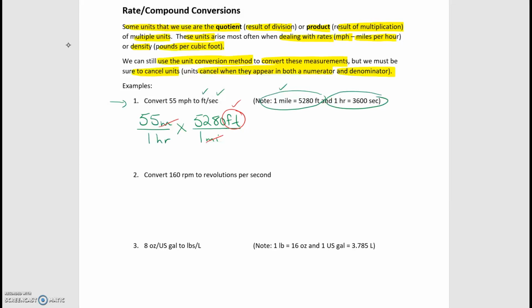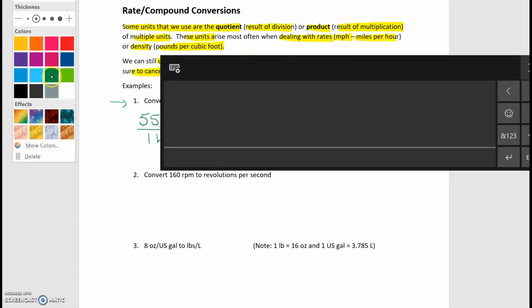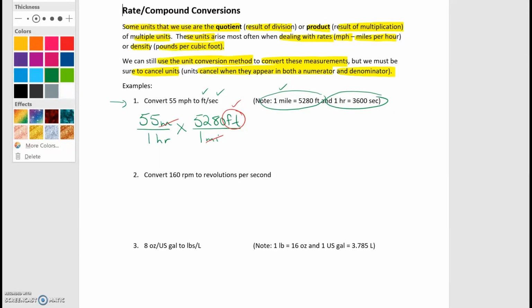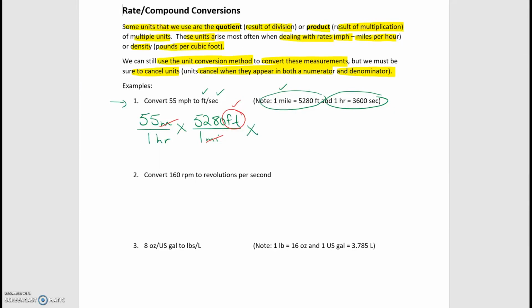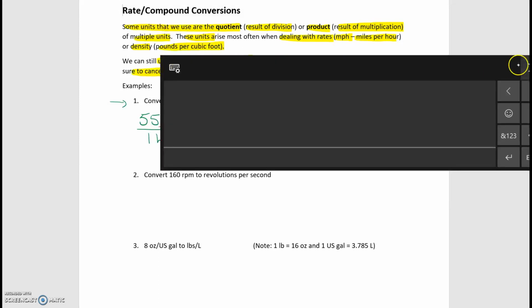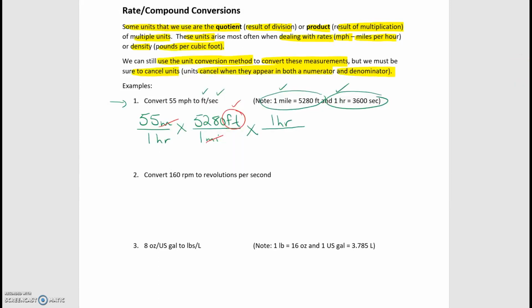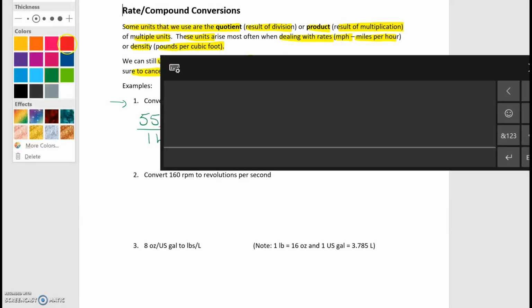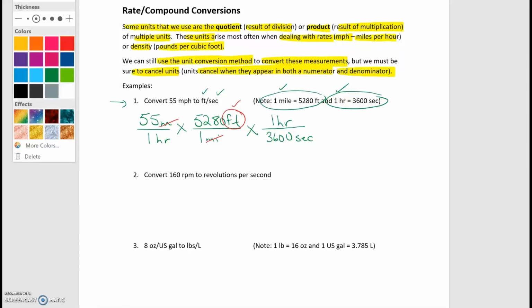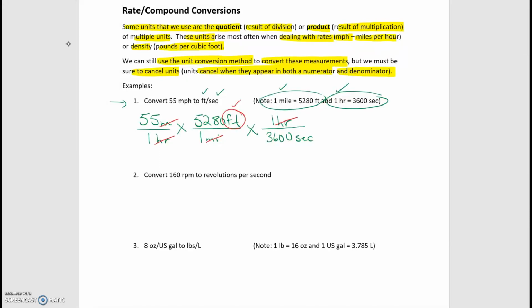Now I'm going to also continue to, I want to get rid of that hours on the bottom. So I'm going to go times. Remember, I have to be diagonally across to be able to cancel. So there's my 1 hour. That's going to go here. So I'm now using that 1 hour. And the 3,600 seconds goes along the bottom. So once again, canceling. The hours disappears, and I'm left with seconds on the bottom, which is what I had